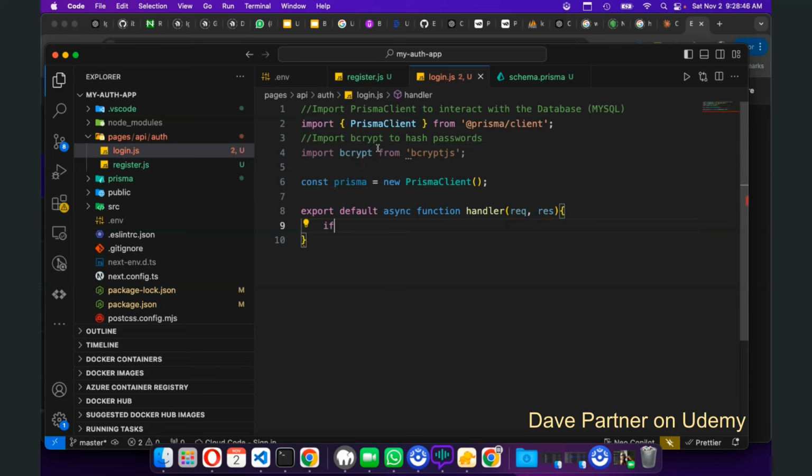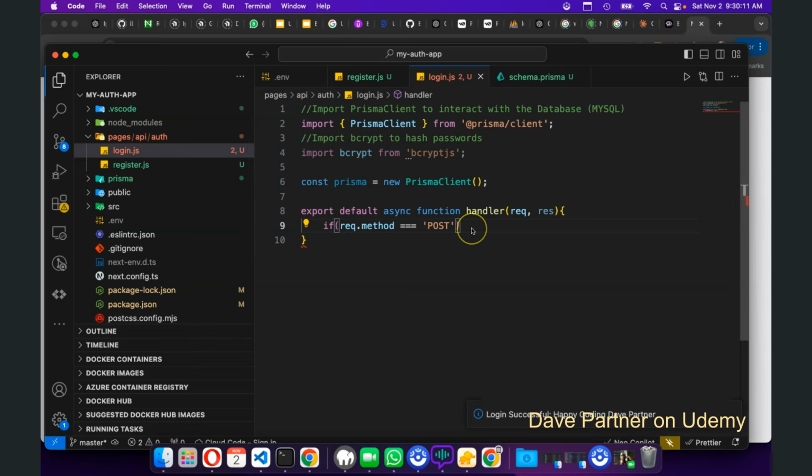So first off, if the request is post, we have to ensure that it is post request first, which is almost exactly what we did in the other one. Okay, so